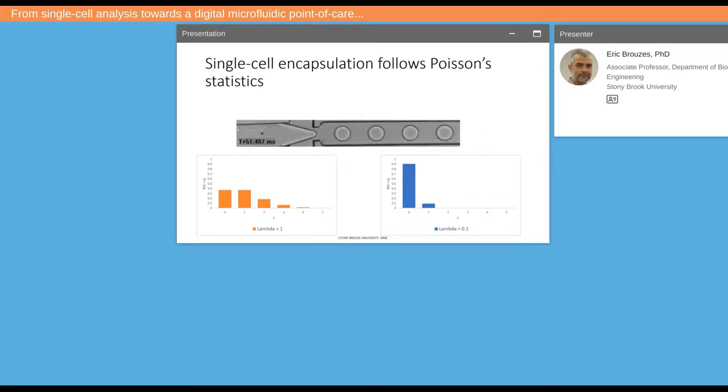The first aspect to address is the fact that single cell encapsulation is limited by Poisson statistics. One thing I haven't mentioned is that droplet microfluidics is a very attractive way to manipulate samples through microfluidic channels because there is no dispersion. All the content is maintained within that droplet. Again, single cell encapsulation is limited by Poisson statistics. If you see in this video, single cells come into the nozzle and get encapsulated,